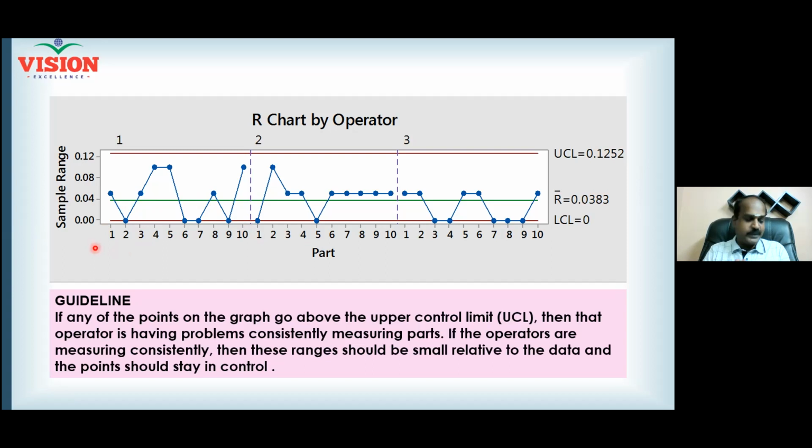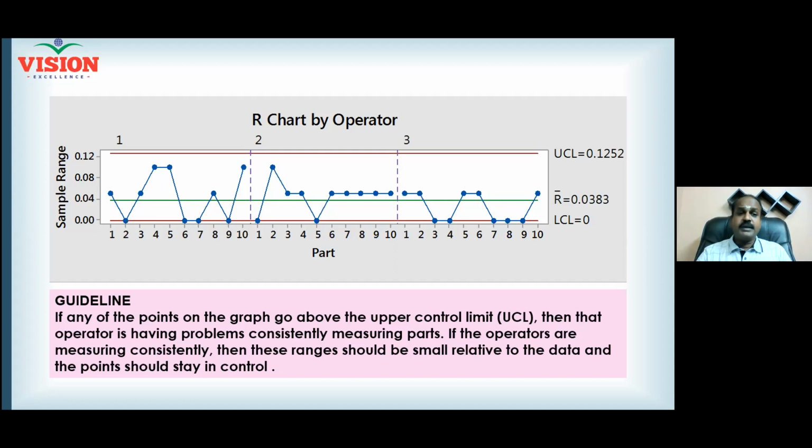The 10 parts should be collected in such a way that they cover the entire range of your measurement, or range of the parts. For example, somebody said 2 mm is what the customer wants. But when you produce the product, it may not be exactly 2 mm. It will be 1.9 mm to 2.1 mm. So within 1.9 to 2.1, what is the range? Only 0.2. Within that 0.2 range, you must select 10 different parts, right?